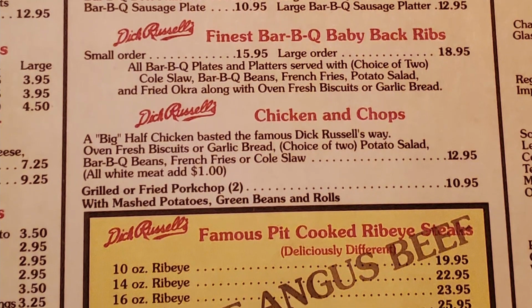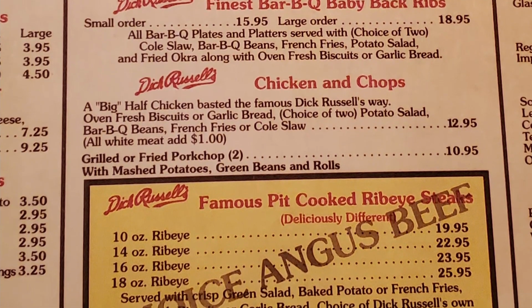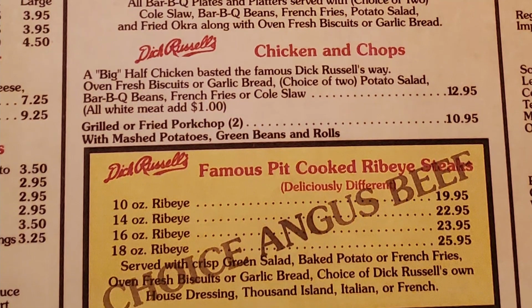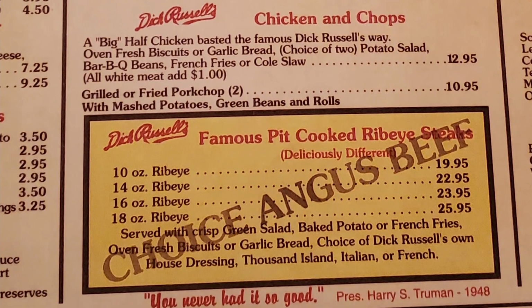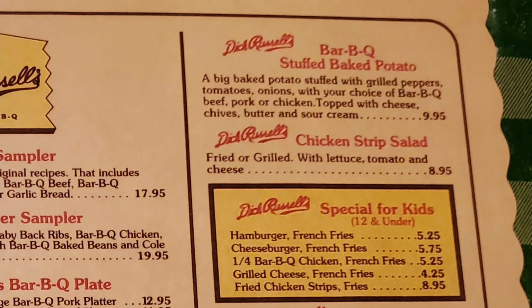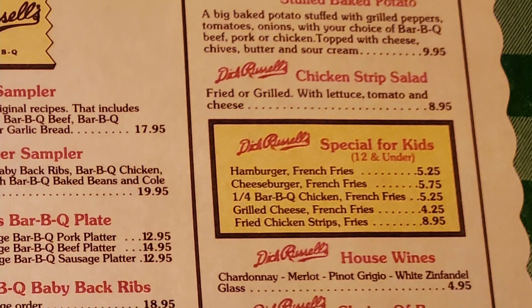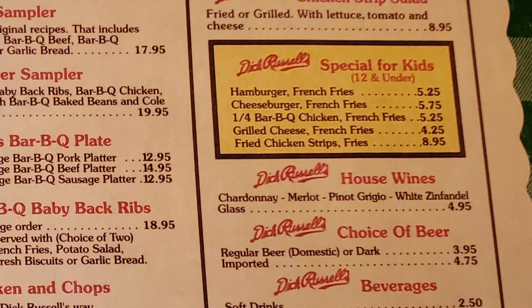Then chicken and chops, a big half chicken basted the famous Dick Russell's way. We have our famous pit cooked ribeye steaks. 10-ounce ribeye, a 14-ounce ribeye, a 16-ounce ribeye, an 18-ounce ribeye. Then we have our barbecue stuffed baked potato, chicken strip salad, then our specials for kids, house wines, choice of